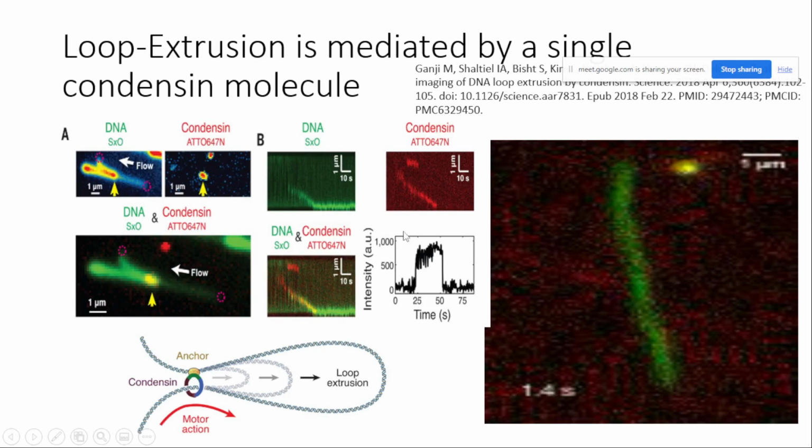Okay. So in this event they saw that there is only one cycle of fluorescence and photobleaching. This cycle repeated only once. That means there is only one condensate molecule actually mediating this loop extrusion. Because if there were more than one molecule, then this cycle of the condensate-attached fluorophore's fluorescence and photobleaching was not the same for each of the condensate molecules.